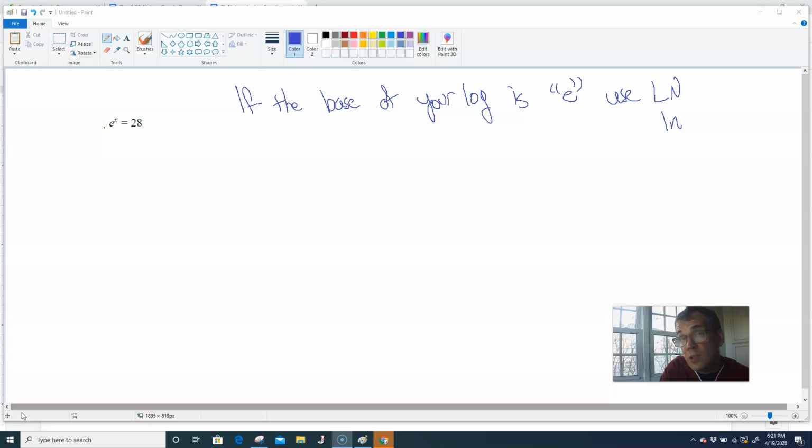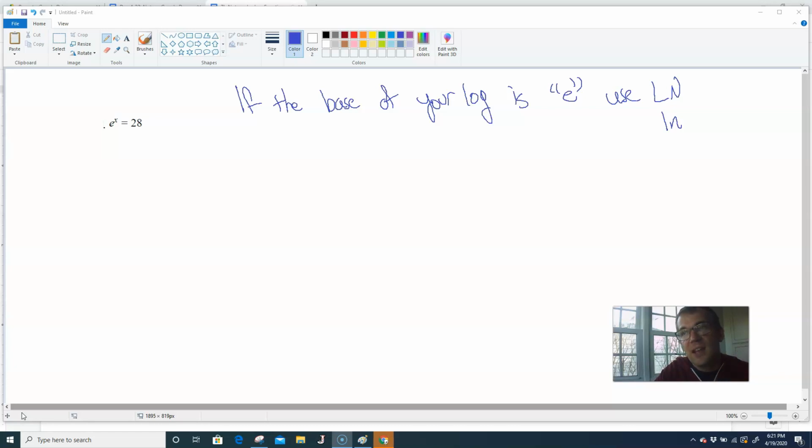So here's a problem that really is almost identical to the previous problem. The only difference is what we're using as the base. In this case, I'm using a base of e. Now, before we left for break, one of the things I taught